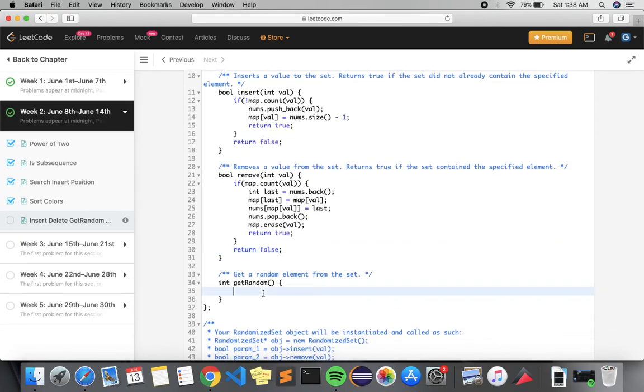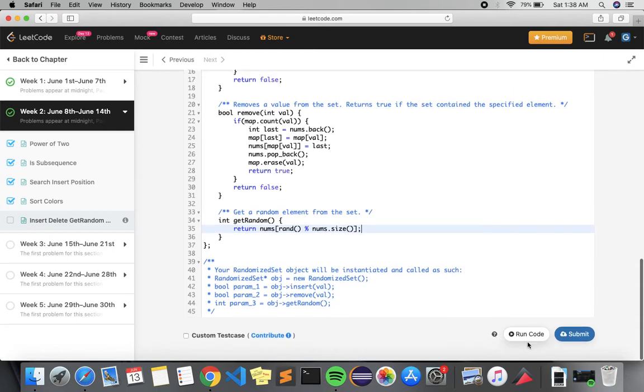Now we just have to implement our get random function. We just have to return nums of rand modulo nums dot size. That's it.